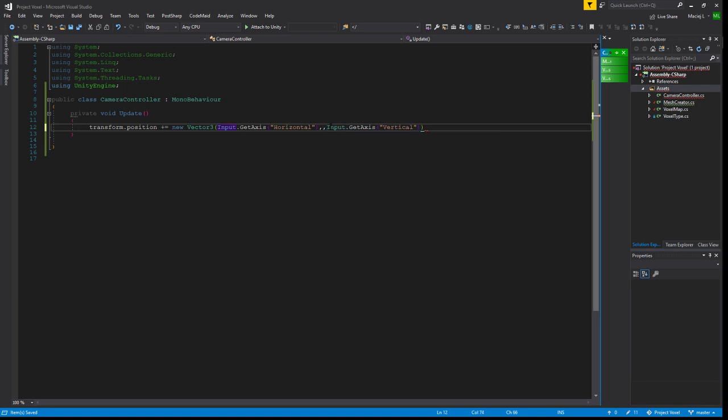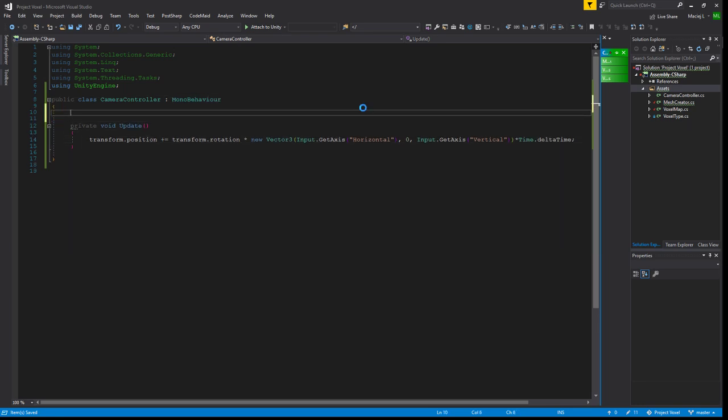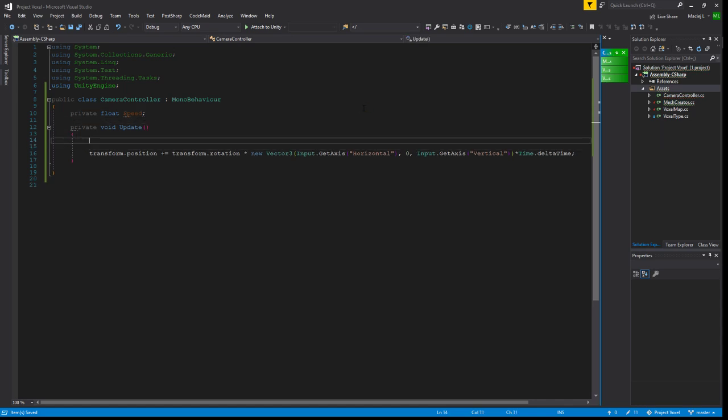Oh no, it should be Z, and this will be times transform.rotation, and that's it. That should work. Oh, and times Time.deltaTime, and maybe add a speed variable. So private float speed, and we will do